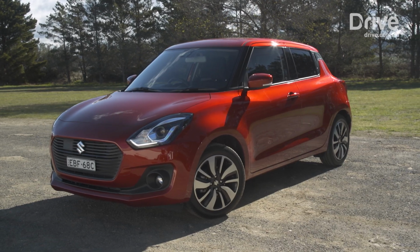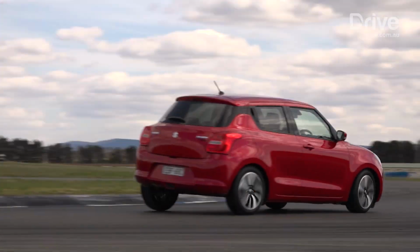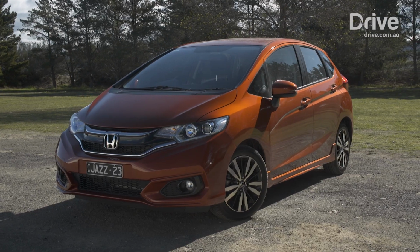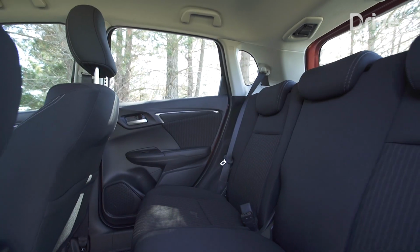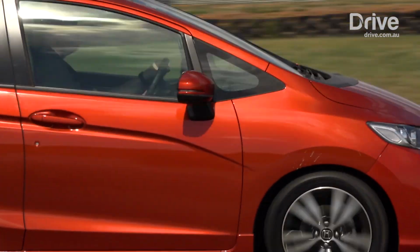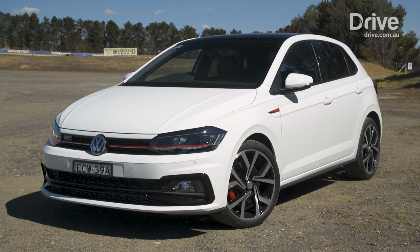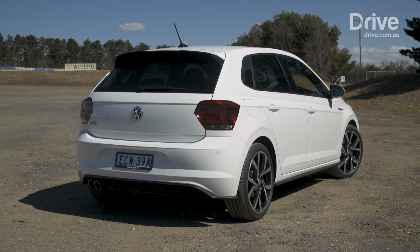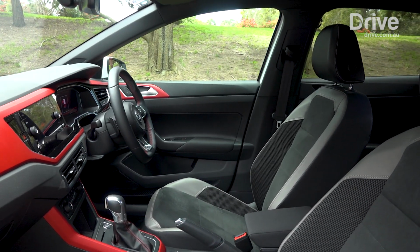In third place, it's one of the city car favourites, the Suzuki Swift. Still a compelling option, although not quite as good as our top two. In second place, it's the one with the most clever interior, the Honda Jazz. It's got the most space, the most room, and it's actually quite good fun to drive as well. And our winner, somewhat unsurprisingly, is the Volkswagen Polo. It's certainly the sportiest in this segment, and it brings a real feeling of premium as well at a competitive